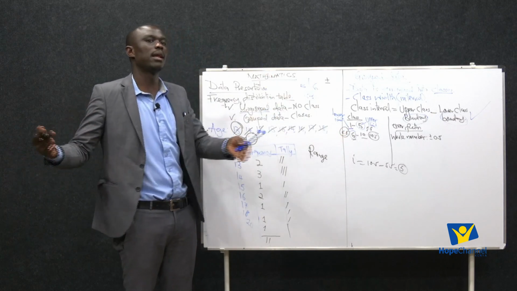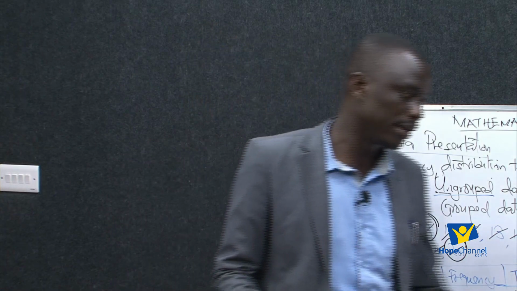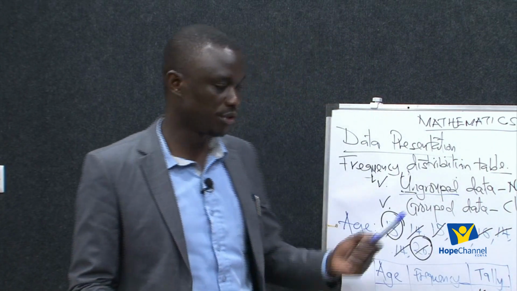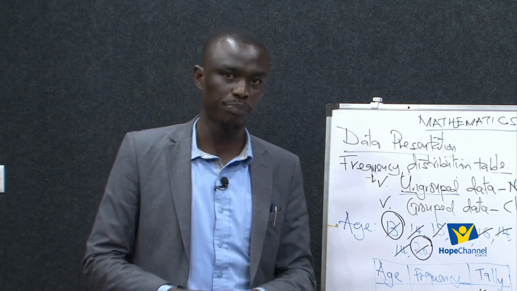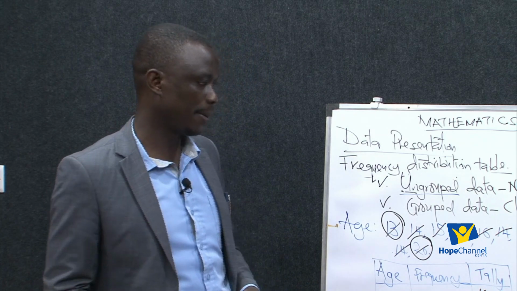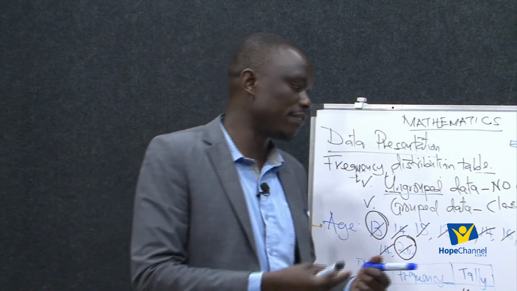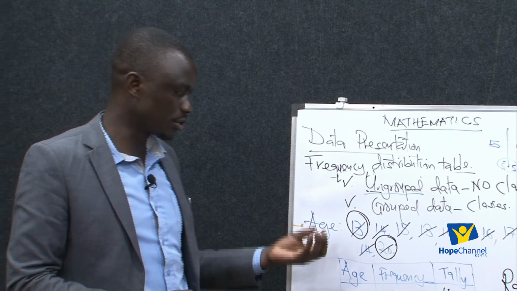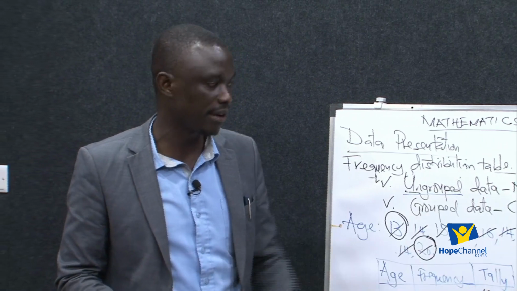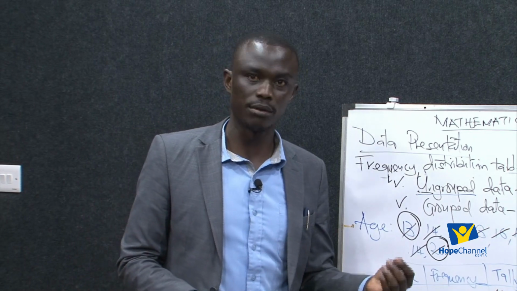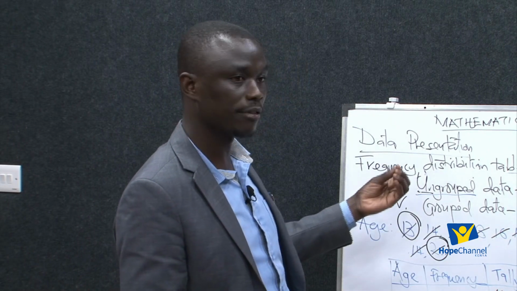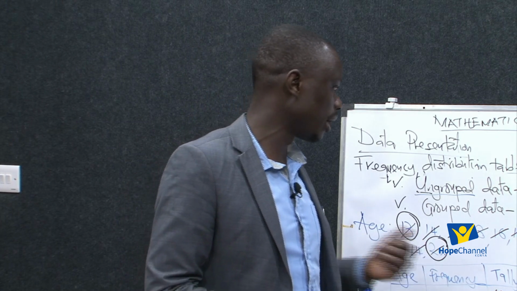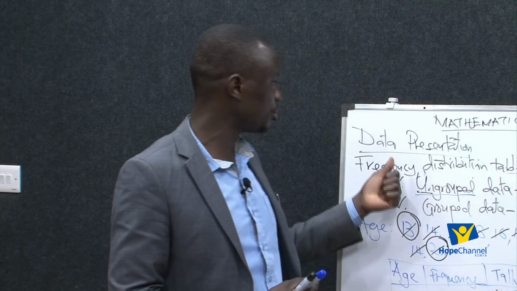So how many classes should I have? So that I will determine whether to use a class of 5 or whether to use a class of 10. Because those are the most common classes, although we have other ordinary methods. We have other intervals that can be used in such a scenario. But the most common ones that you'll be meeting are a class of 5 as well as a class of 10. So we are going to look at an example on how to illustrate this.